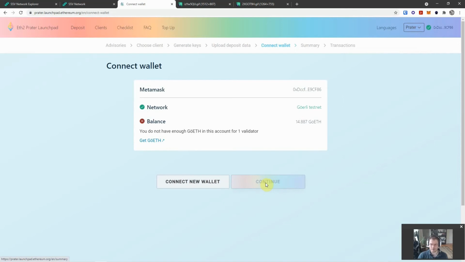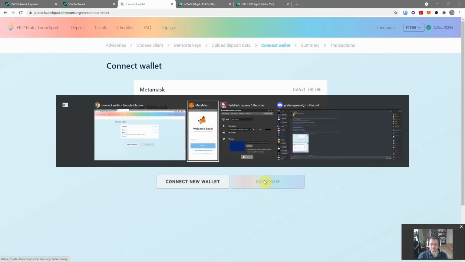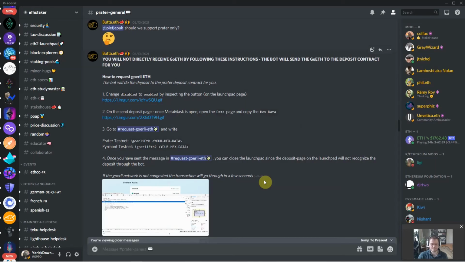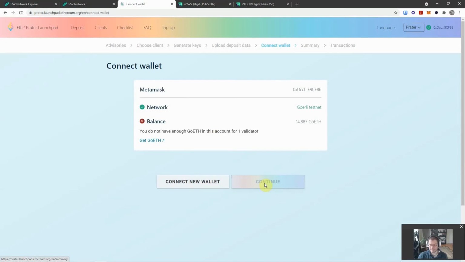So there are instructions in the Discord. I'm gonna bring those up right quick if I can. Here we are. So these are the instructions, and I'll link the Discord. It says to inspect the button, change it to enabled, and then get the data, and then go to this channel and write the hex data in. So that's what we're gonna do. I'm gonna right click this button and fail. The instructions say to right click this and inspect, and as you can see I can't do that. So I'm gonna hit F12 instead in Chrome,